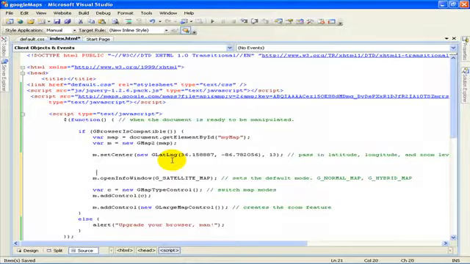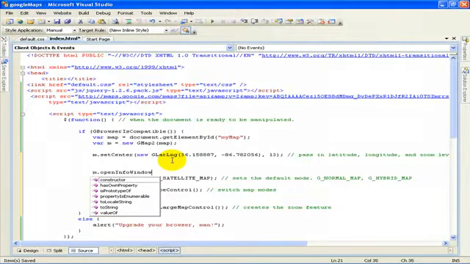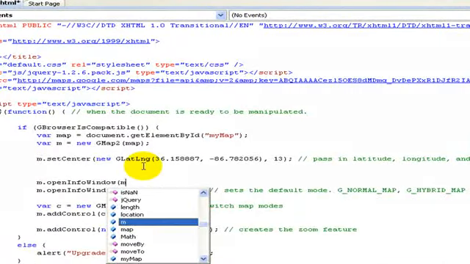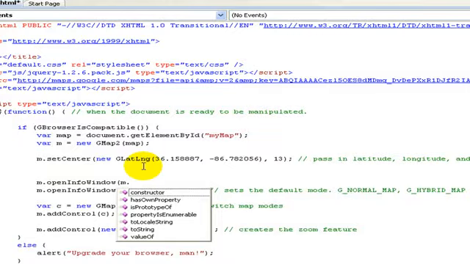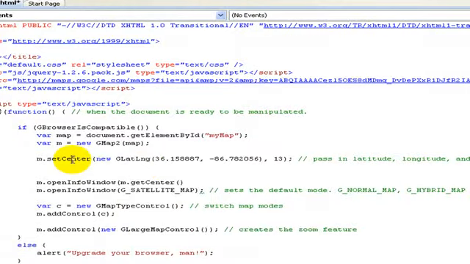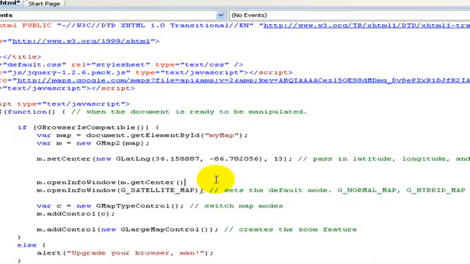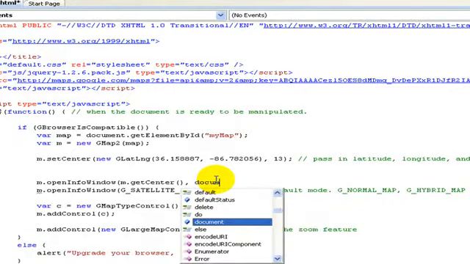Let's go back and take care of that talk bubble that I was talking about. The way we're going to do that is m.openInfoWindow. The openInfoWindow is that little talk bubble. In here, we're going to pass in the location, and that's going to be m, the map that we created a variable for, and it's going to be getCenter. So it's going to get that center point that we set right here. Up here, we set center at those values. Now here, we're going to get those values. So m.getCenter, and then comma,